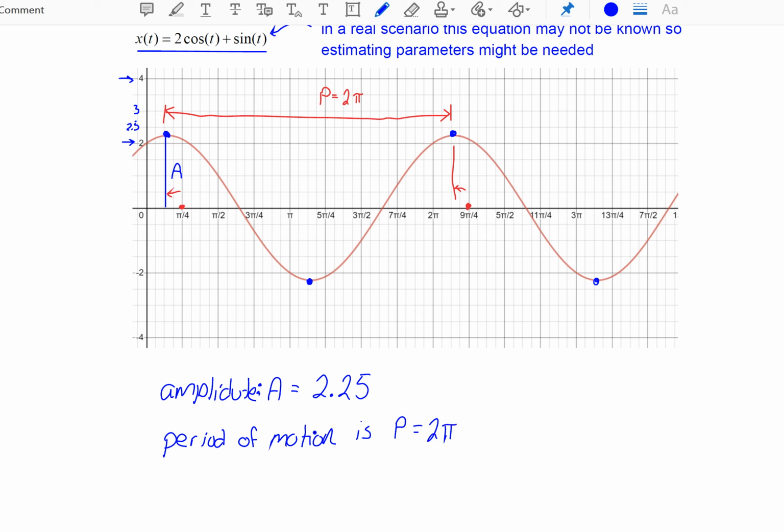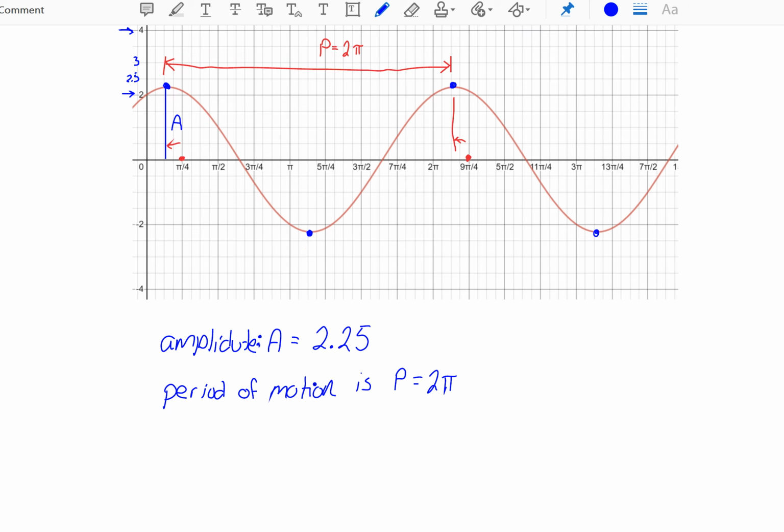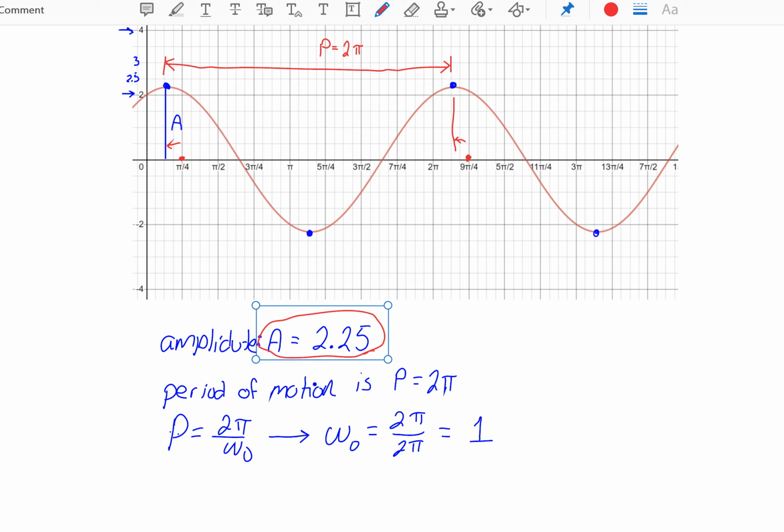Now, I don't need period directly. What we really want to figure out is what is our parameter omega naught. So here you want to remember that your period is given by the formula 2 pi over omega naught, which you can solve for omega naught and say it's 2 pi divided by whatever your period is, which tells us our omega naught is 1. So now we have our amplitude of motion, we have omega naught,